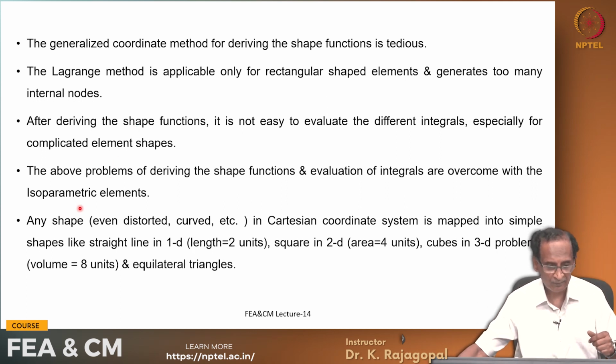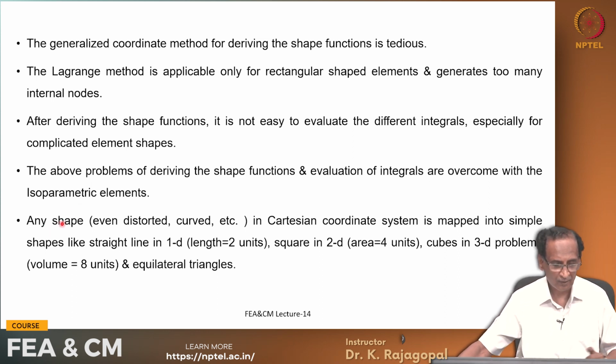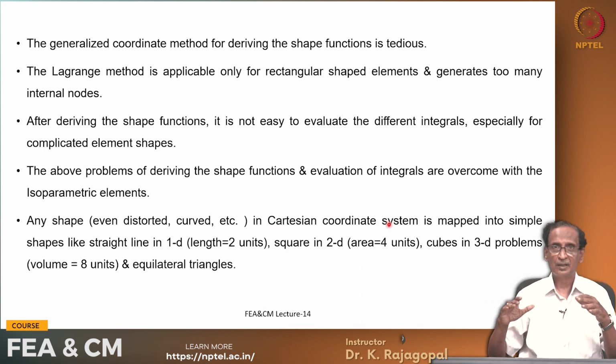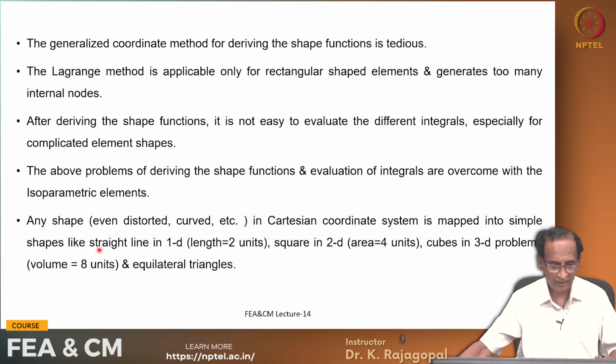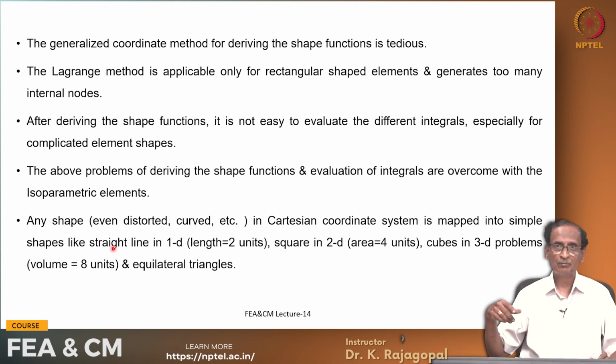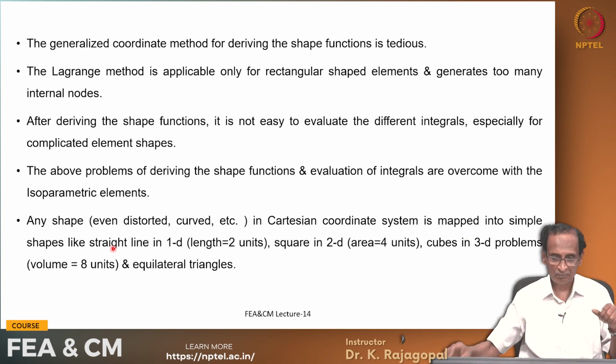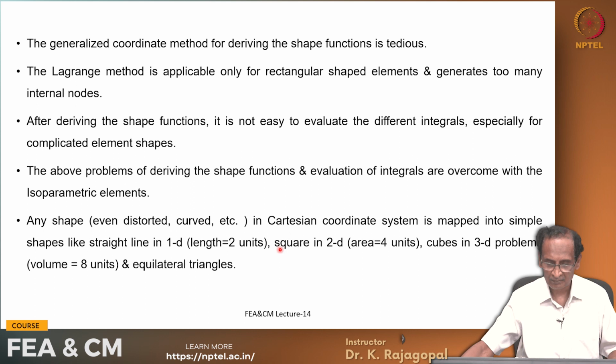So we have one class of elements called isoparametric elements that involve converting any shape in the Cartesian coordinates to a simple shape in the natural space. So any shape is converted, in the one-dimensional problems, we convert them into a straight line. So you take a curve and we convert them to a straight line of length 2 units, and then if